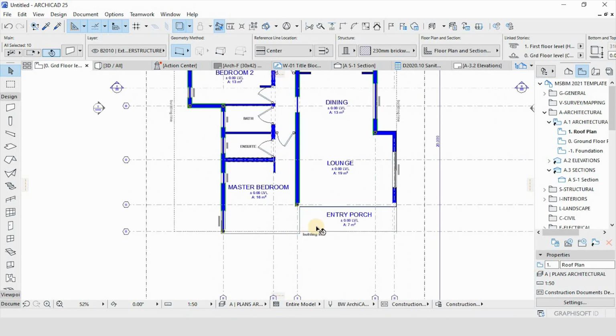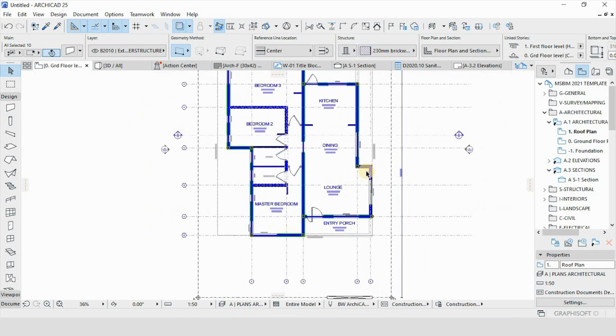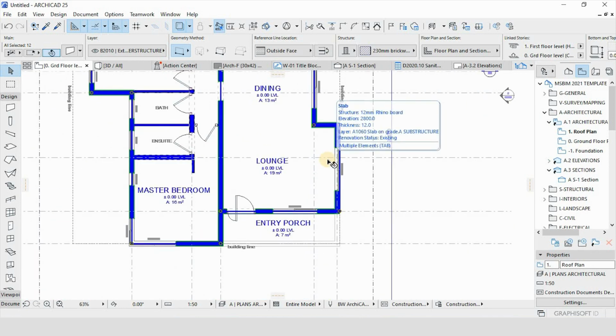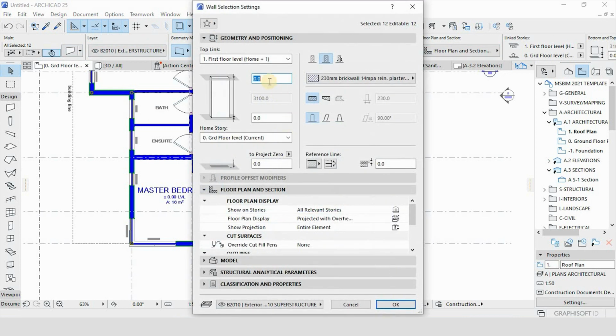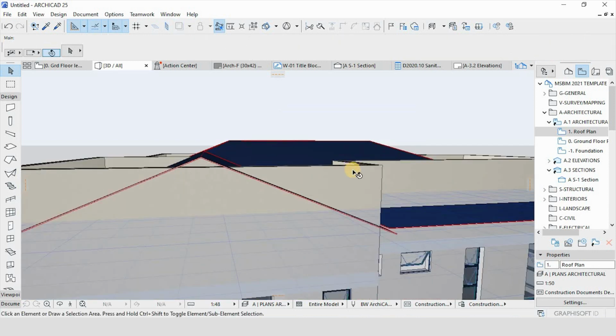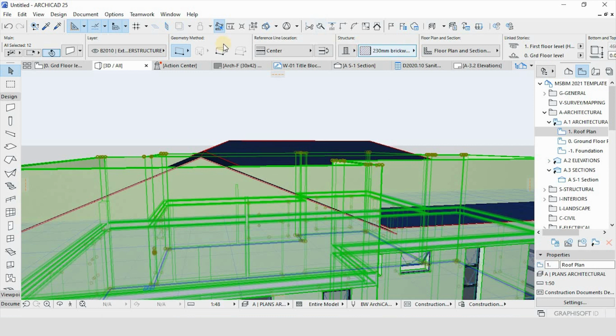So such walls as these ones and this one, we can extend them to, let me check on 3D. So we select them again and increase the height